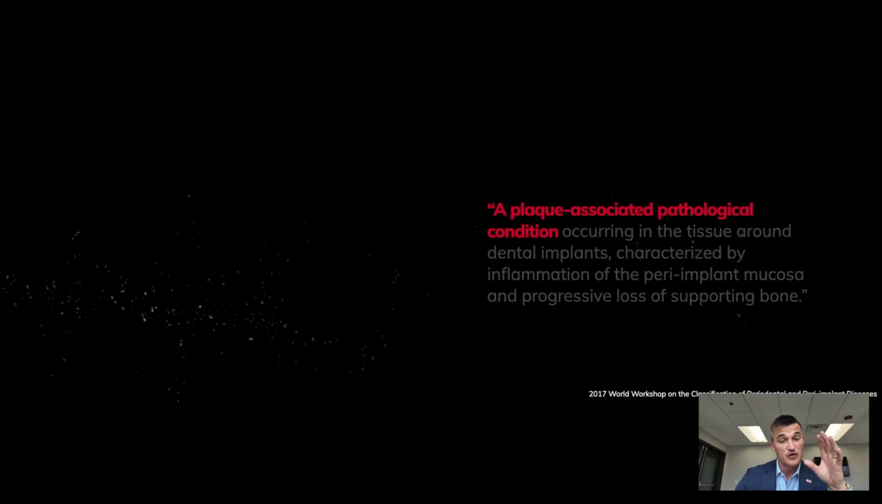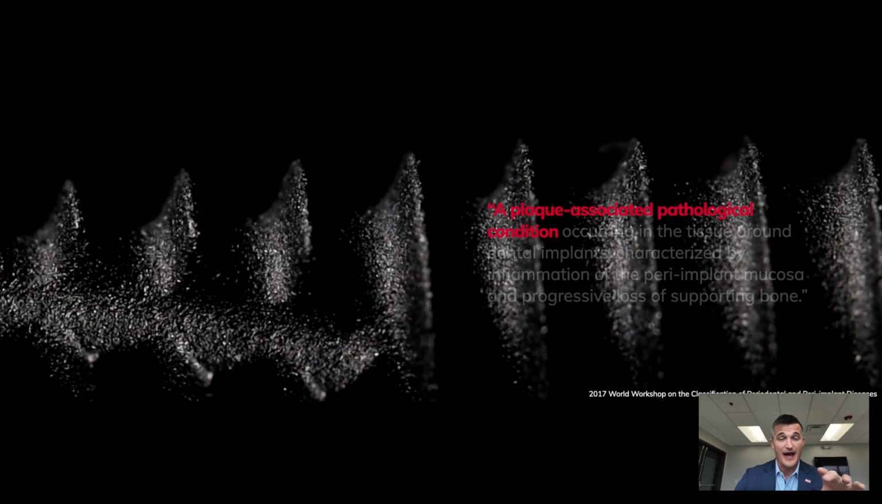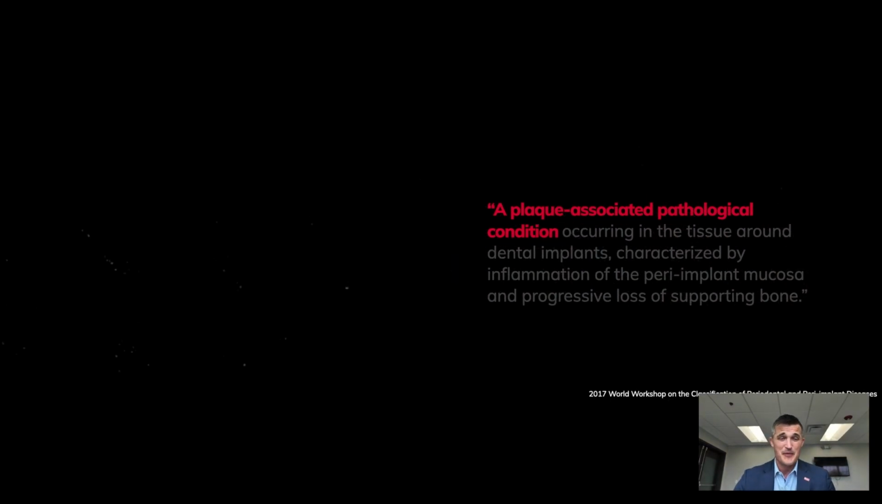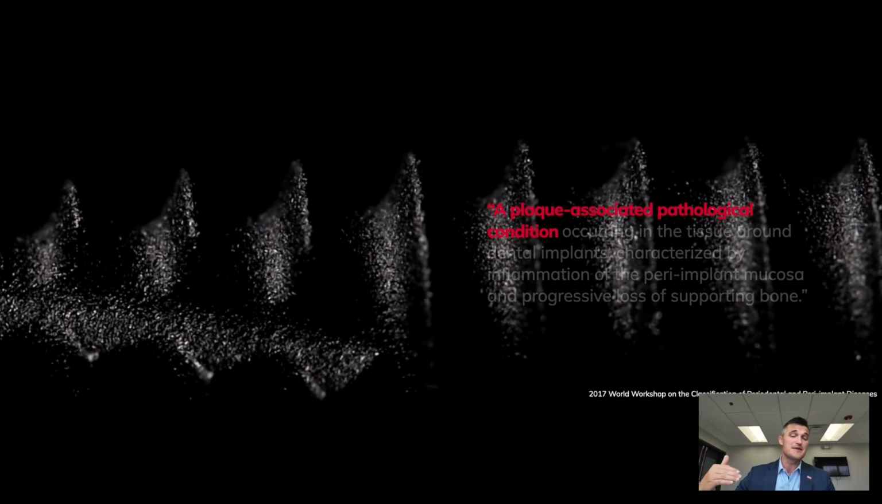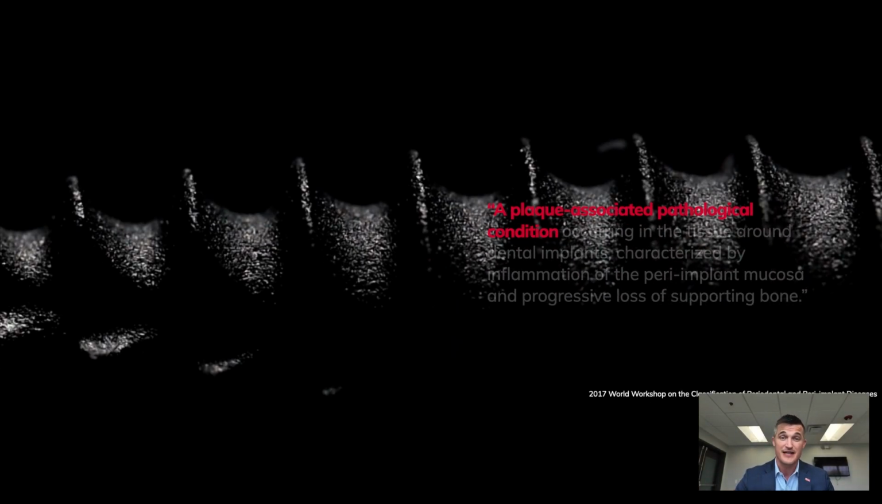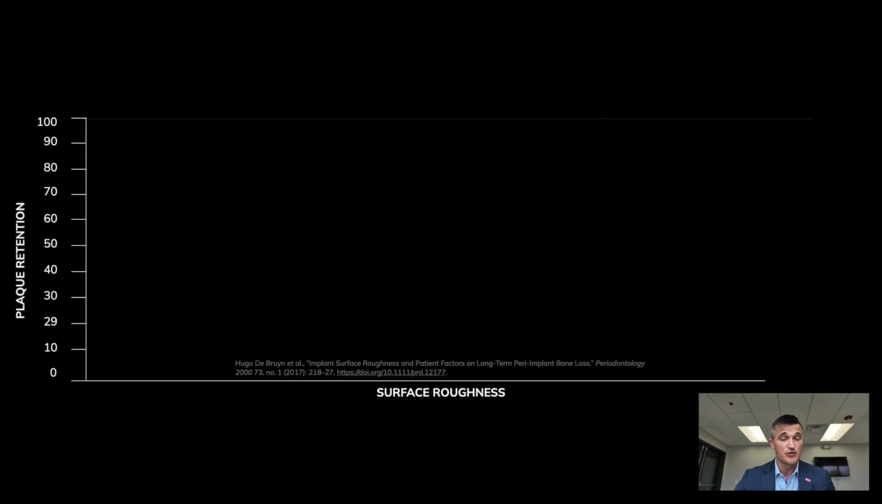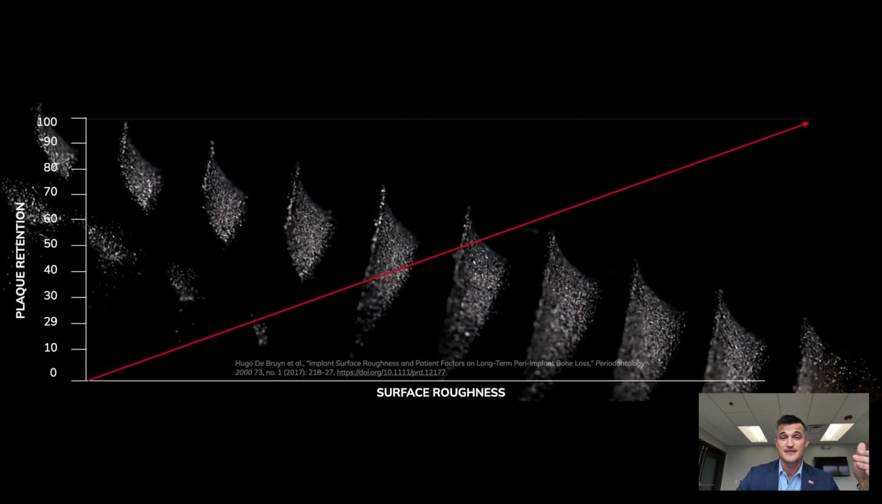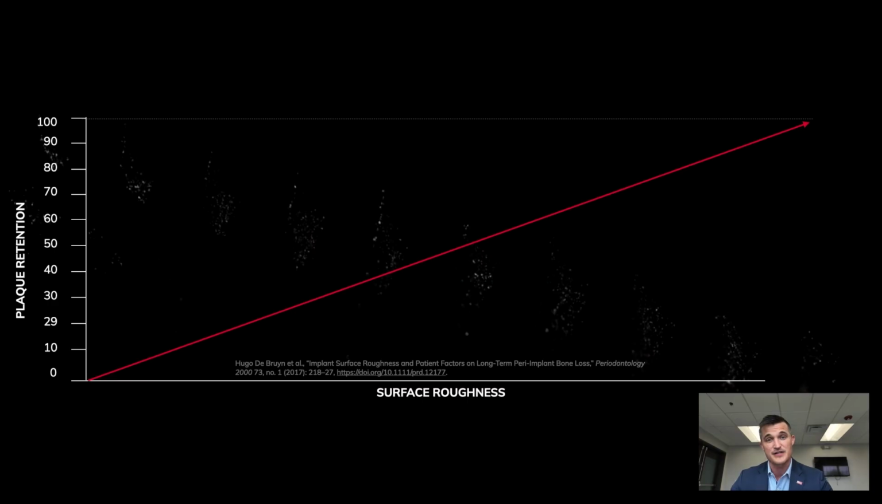And when you look at an implant surface like this, I don't know about you, maybe it's just because I'm a periodontist and I'm obsessed with bacteria, but I look at this implant surface and I just see millions of tiny micro surface structures that are perfect for bacteria to adhere to, colonize, and to be protected by. And it's true that when we look at the literature, as surface roughness increases on implants, so does plaque retention